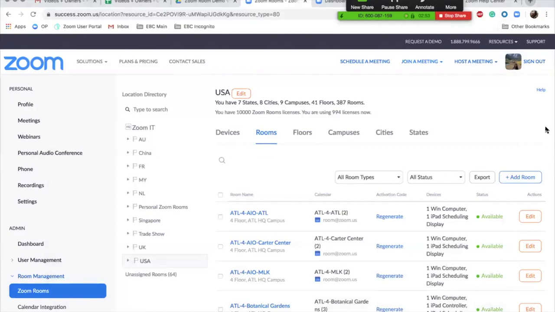Hi everyone, today we are going to show you tools that Zoom provides to manage your conference rooms. As you know, with Zoom, all your management tools are centrally located, which helps you manage them at a large